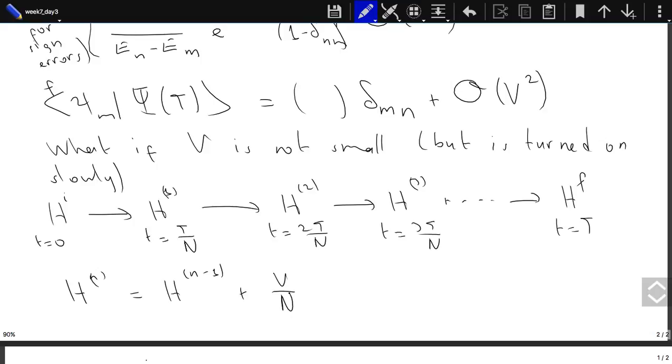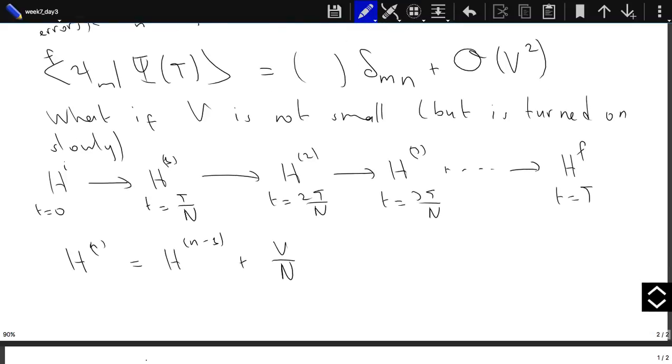This n is arbitrary, as long as V over n is small, so that we can use perturbation theory and our previous result. N is large, but arbitrary. So the transition probability